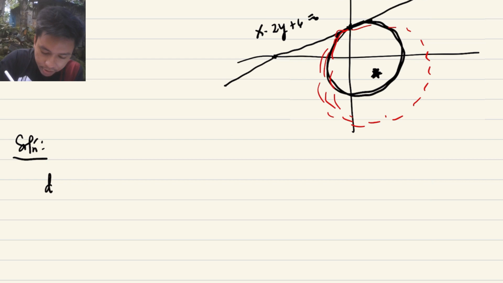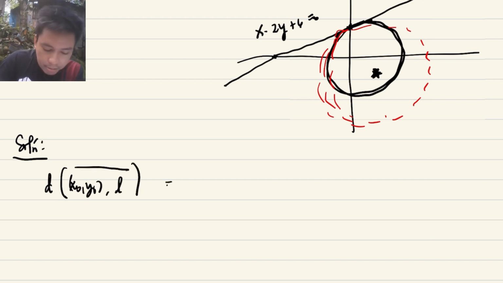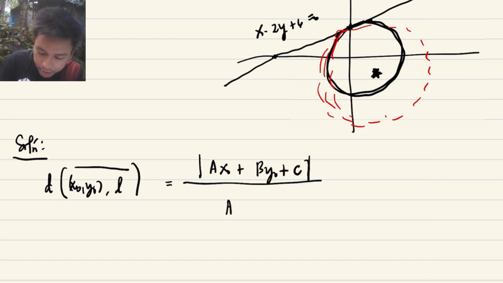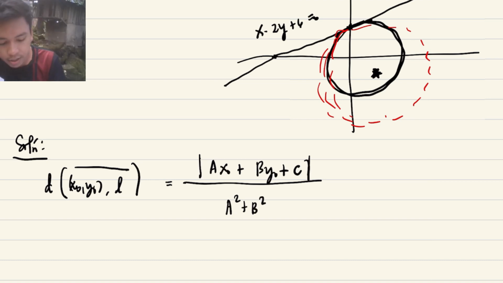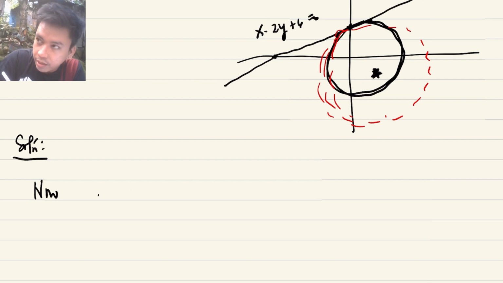The distance of a point, let's say x0, y0, to a line L is given by the absolute value of a x sub 0 plus b y sub 0 plus c, all over the square root of a squared plus b squared. Okay, so that's the formula we will use. So this distance is already 2 square root of 5, which is equal to, what is our